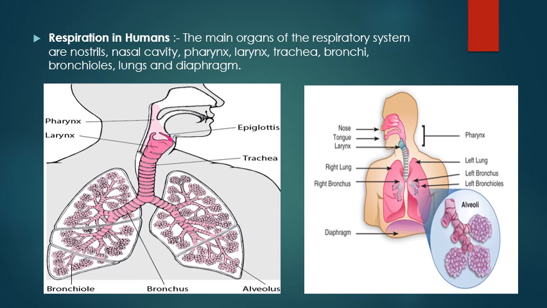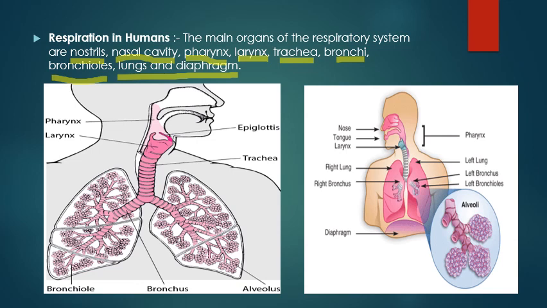The main organs of respiration are the nostrils, nasal cavity, pharynx, larynx, trachea, bronchi, bronchioles, lungs and diaphragm. These are the major important parts of respiration. So this is what we can see here. This is our nose. Got it? Inside this we can see the nostrils and the nasal cavity,